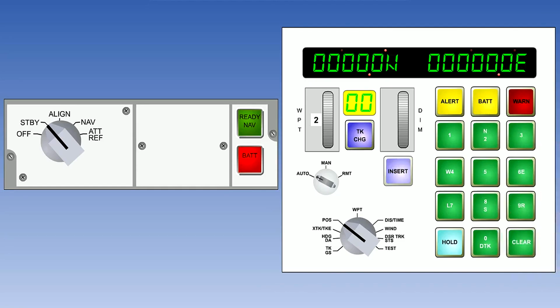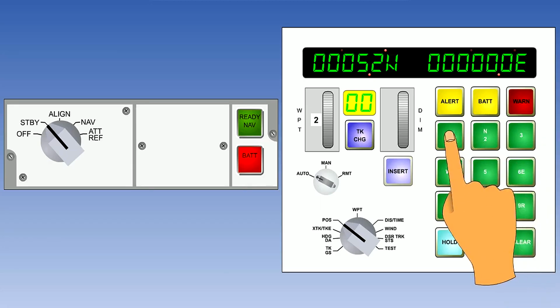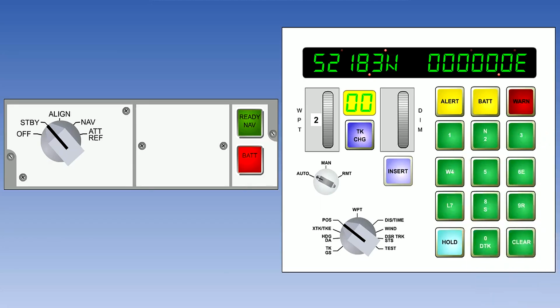At the first key press, that is N or S, the insert blue light comes on. It is both a button and a light. Now put in the latitude. Check the entry in the light emitting diode, or LED, display. If the entry is incorrect, use the clear button to correct it one space at a time.